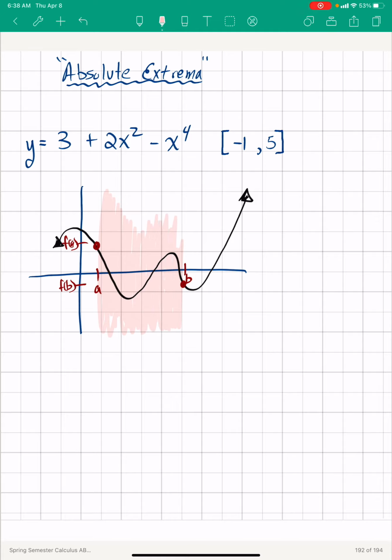And if you notice, now that we've talked quite a bit in this calculus class about relative min and relative max, here we clearly see what we refer to as a relative minimum, and here we can see a relative max. Now, if the question was, what is the absolute extrema? We've already answered that we know there's two local extrema, this relative min and this relative max. But the question is, between A and B,